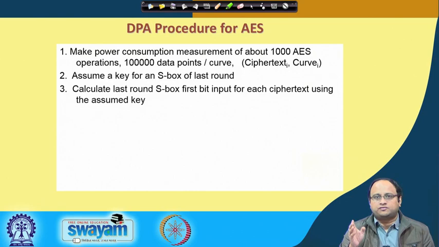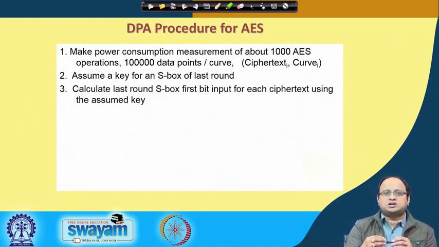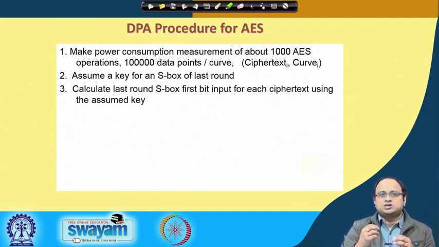It can be the 0th bit, the first bit, the second bit, or the 7th bit, which is all the 8 bits actually. So what you do is, you have the ciphertext, you guess the last round key, you go to the input of that S box and you find out, say, the LSB of that bit. And why do you do that? You use it to partition your traces, as we have seen in the previous example. That bit can take either a 0 value or a 1 value. If it is 0, you put the power trace into the 0 bin. If it is 1, you put the power trace into the 1 bin, as simple as that.